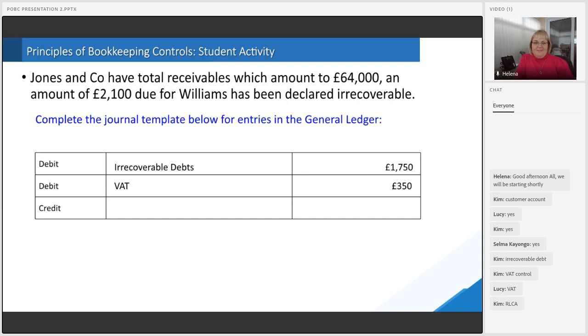Excellent. Perfect. Excellent, guys. Really well done. I'm going to credit the receivables ledger control account. Absolutely. I'm crediting the receivables ledger control account to reflect that I no longer owe. So my customers no longer owe me